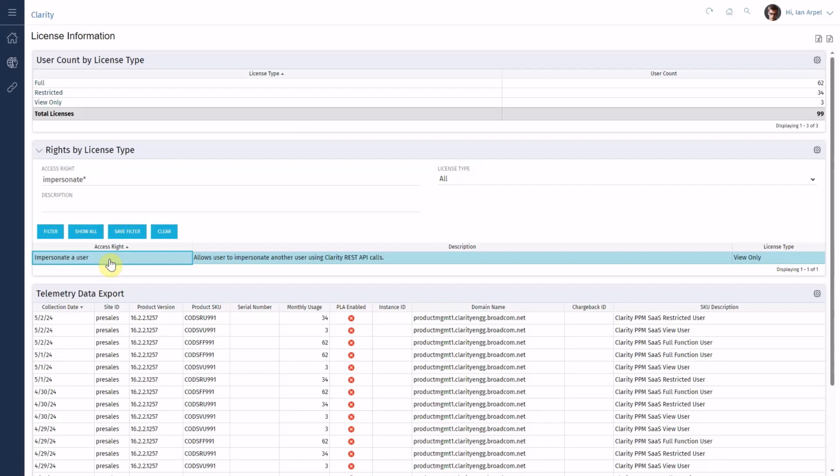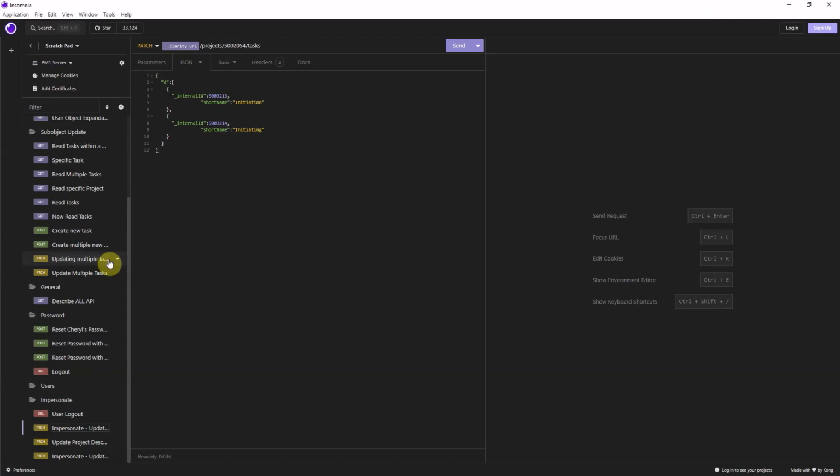Again, the details of this are going to be in our documentation as well as in our training, that the appropriate access right has to be granted to the admin and to the user that you're impersonating as. All right, next, in order to impersonate as somebody else, after the access right, the functionality also has to be enabled in that environment. Access right has to be granted, and once that is done,